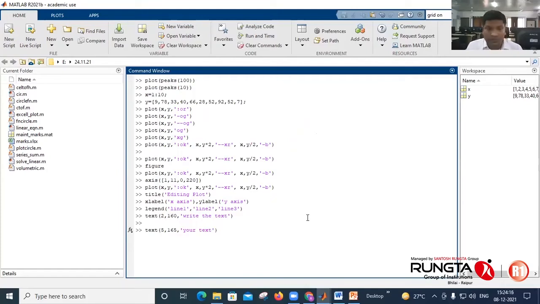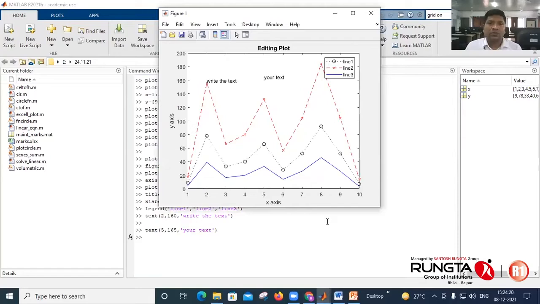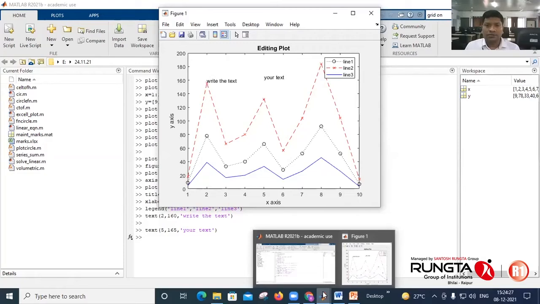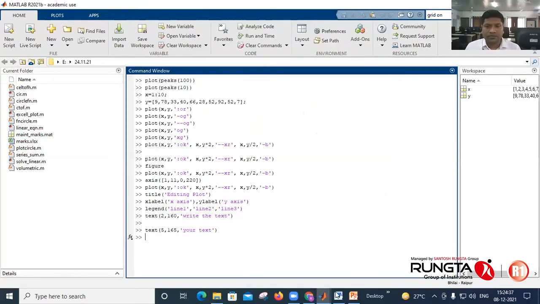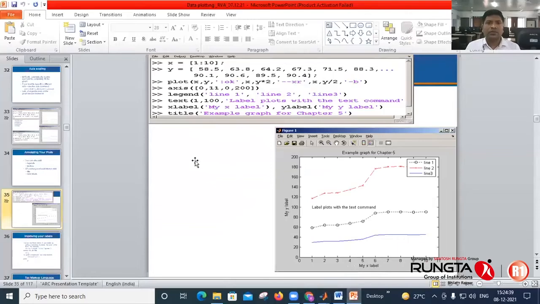Okay, enter. So it will add the text there at that location. So this is how you can add text, legend, X label, Y label, title to your figure. These are the examples of how you can annotate your graph or plot or figure.